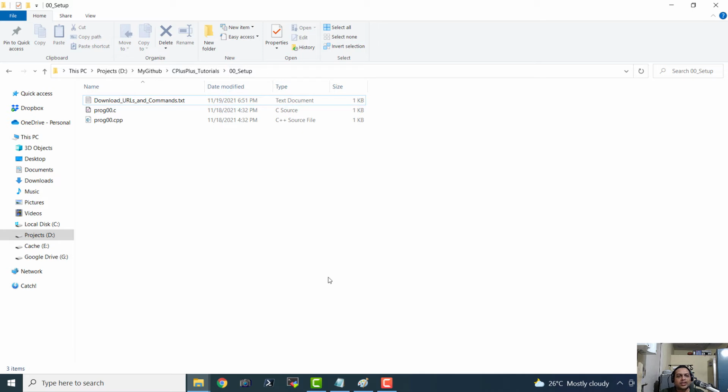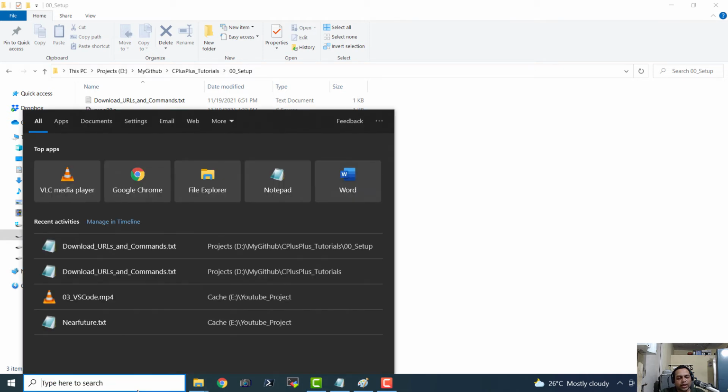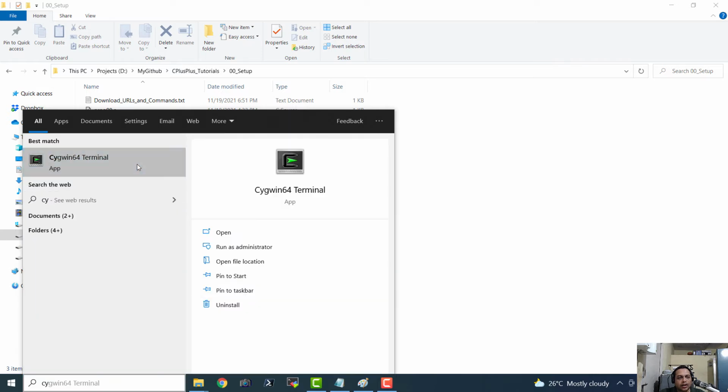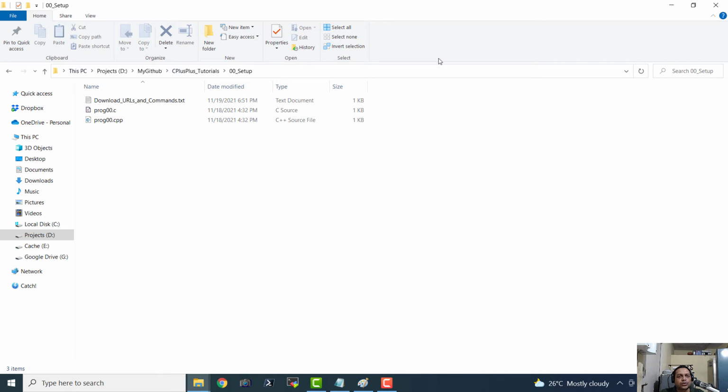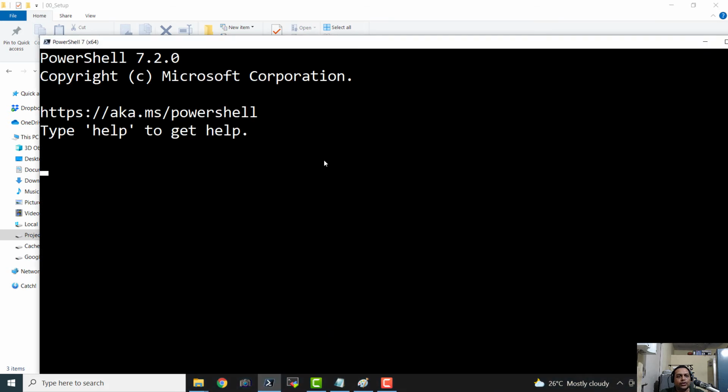Now in order to open this thing in Visual Studio Code, just copy this entire URL and open any command line interpreter. You can use cmd.com, the command prompt of Windows, or PowerShell, or you can use our trusted Cygwin thing. I will use the Cygwin terminal, but since this is related to Microsoft Visual Studio Code, it will be more appropriate to use PowerShell. So we are just using only the Microsoft toolchain. You can also use Cygwin, it is not a problem.